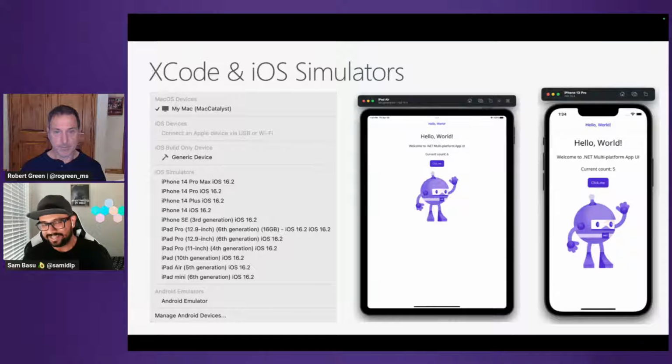Yep. And the answer is yes and no. The yes is because tooling is great. You can actually deploy very easily to devices as well as simulators. There's a Windows simulator where you can stay in Windows, but you do need a Mac somewhere, especially if you're doing a .NET MAUI app. It is a native app, so you need to be building it with Xcode.